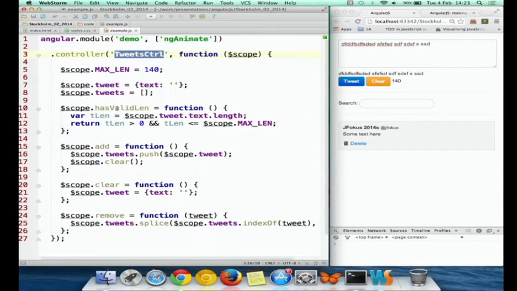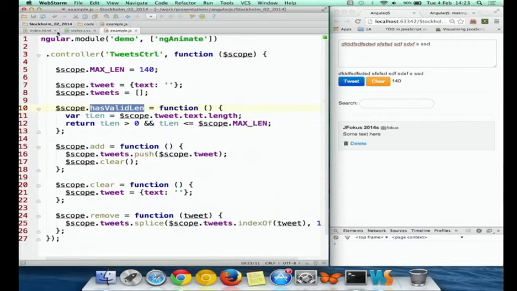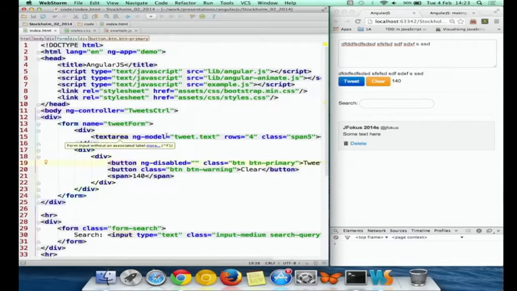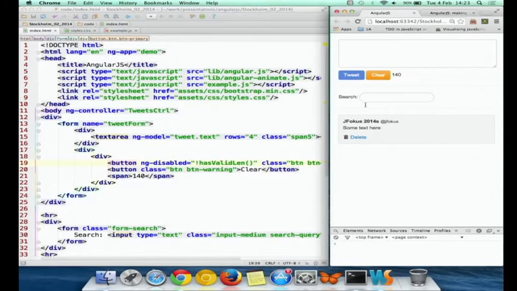So we can define a function hasValidLength that is very simple and just checks if the size of the text is correct. Right, so we see that this button is not enabled, and it gets enabled as soon as we type something. And if we delete, it also gets disabled.